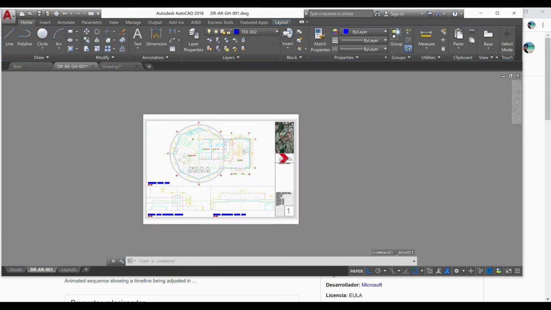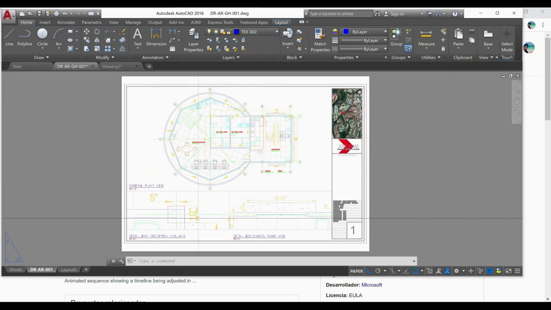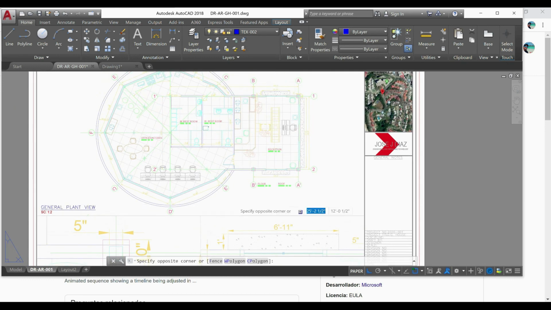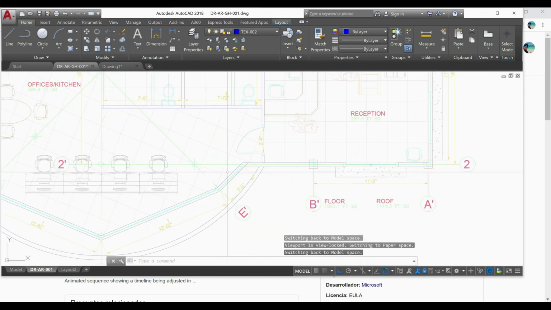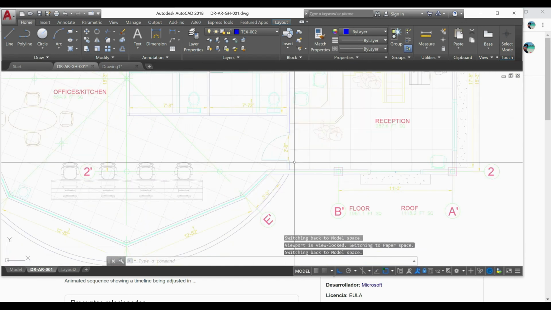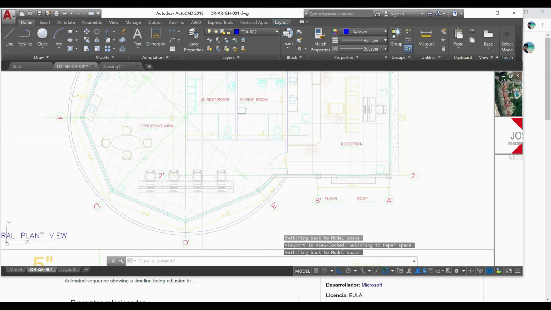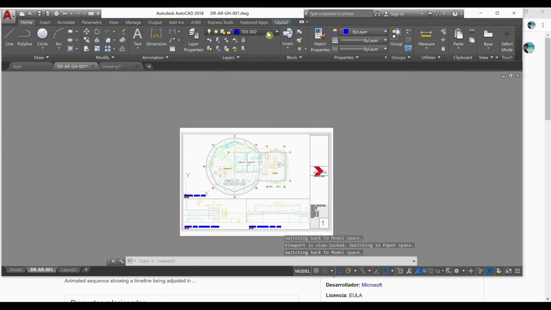Okay, now we finish with this configuration. If you are going to work inside of this viewport, I recommend you lock your view. So no matter what you change or what your view is, this space is not going to move from your initial configuration. Now let's go to locked